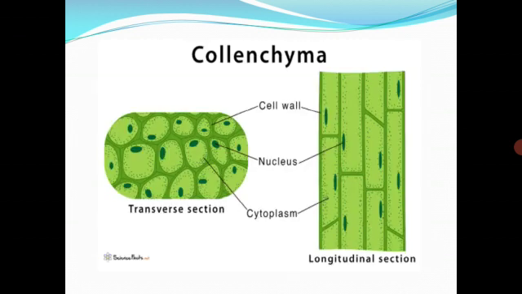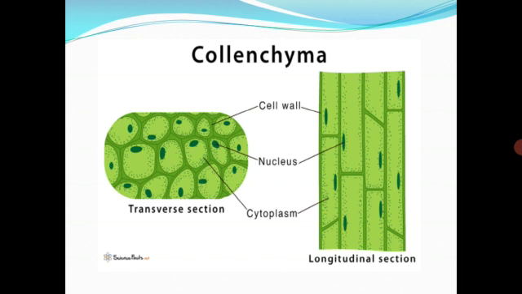Diagram has been shown over here. Here you can see that the cells are of different shape. They may be isodiametric, like a parenchyma itself, isodiametric, oval, polygonal in shape. Cells are compactly arranged here. That is the difference between parenchyma and collenchyma here. Cells are compactly arranged without intercellular space. So they don't have intercellular spaces.